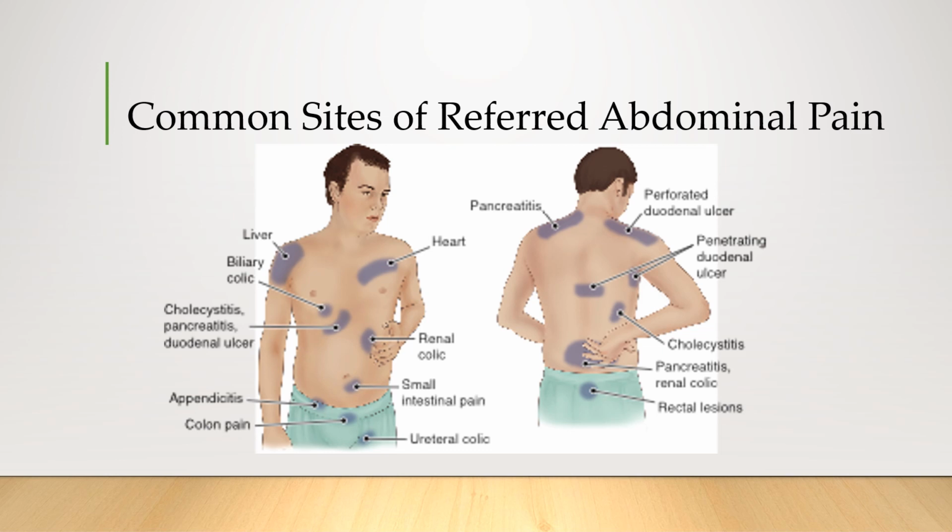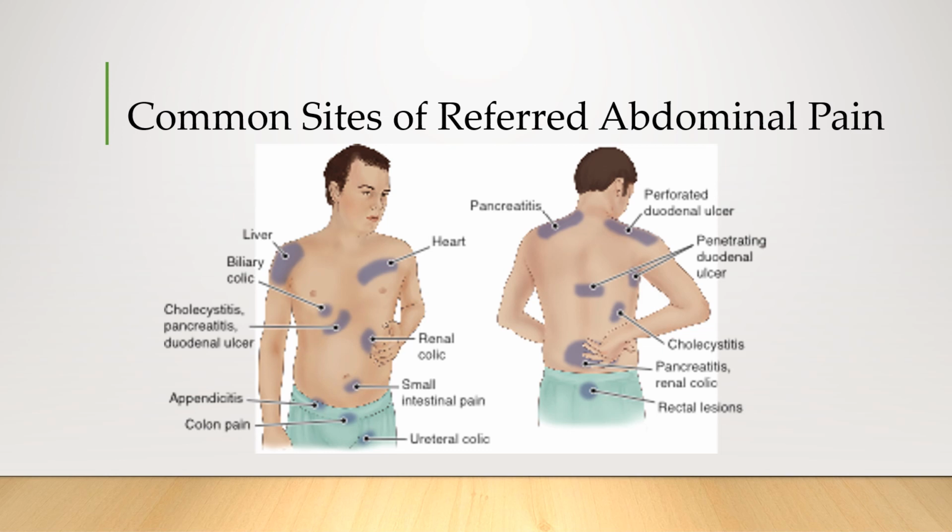Asking about pain locations for abdominal pain is really important because abdominal pain doesn't always reflect the exact location where the problem is. Abdominal pain has a lot of referred pain locations. Referred pain means the pain is occurring in a different location than the body part that's having the issue. The disorders we discuss in Block 1 don't typically have a lot of referred pain locations, but the higher level blocks GI disorders do.